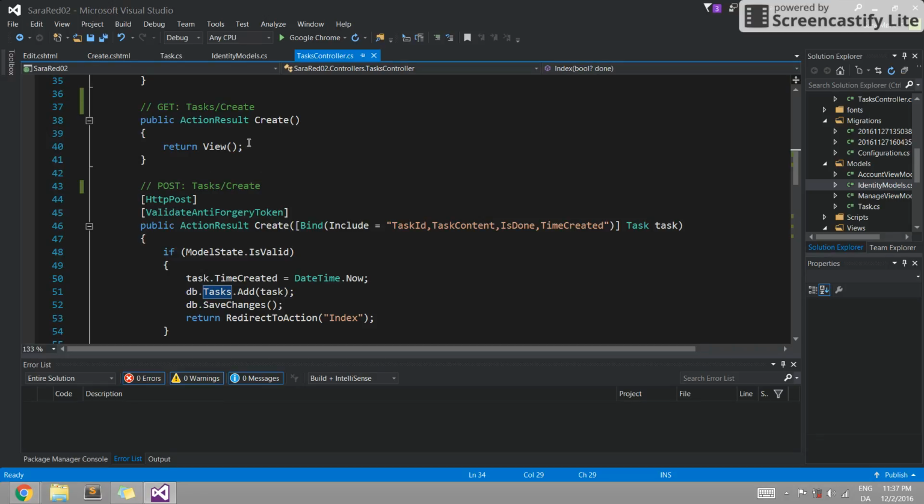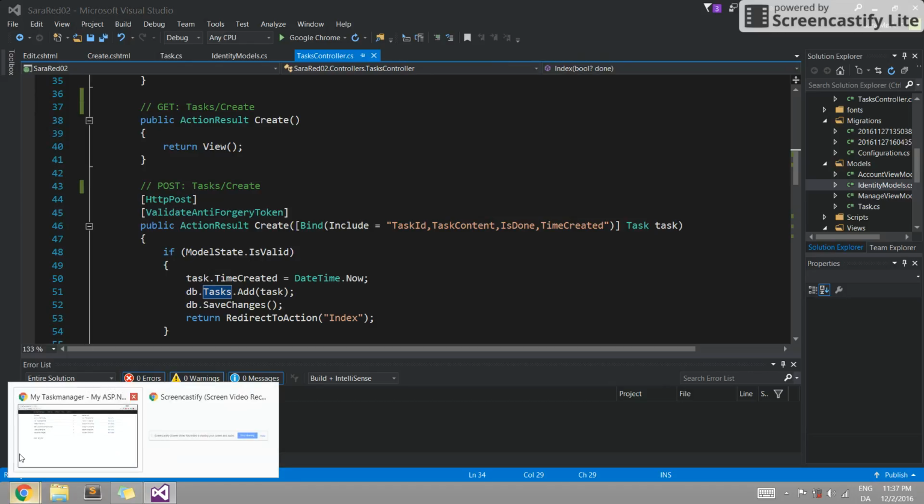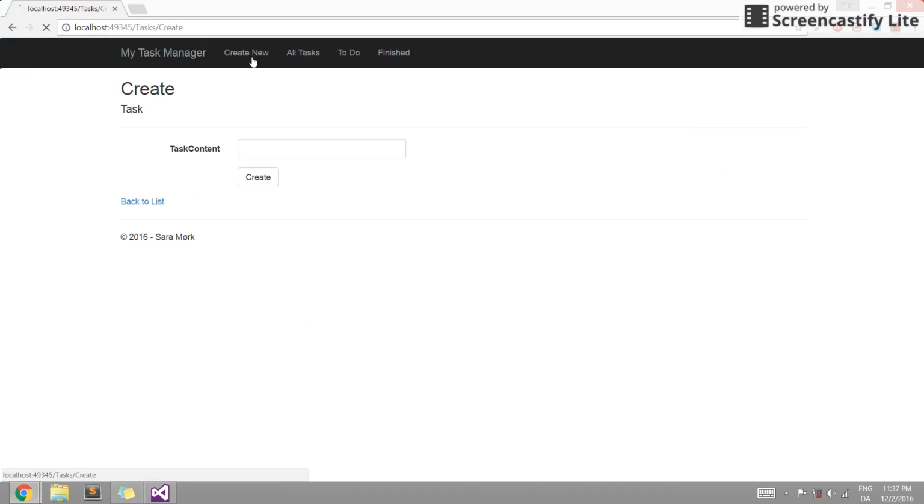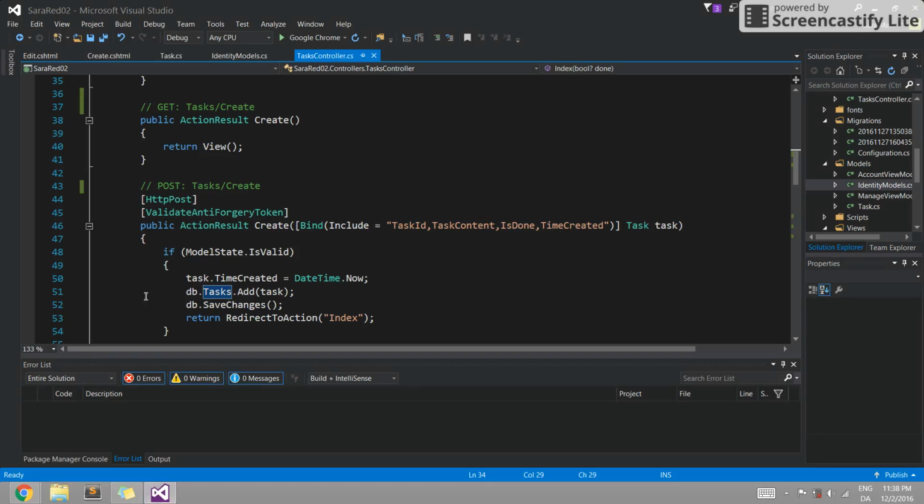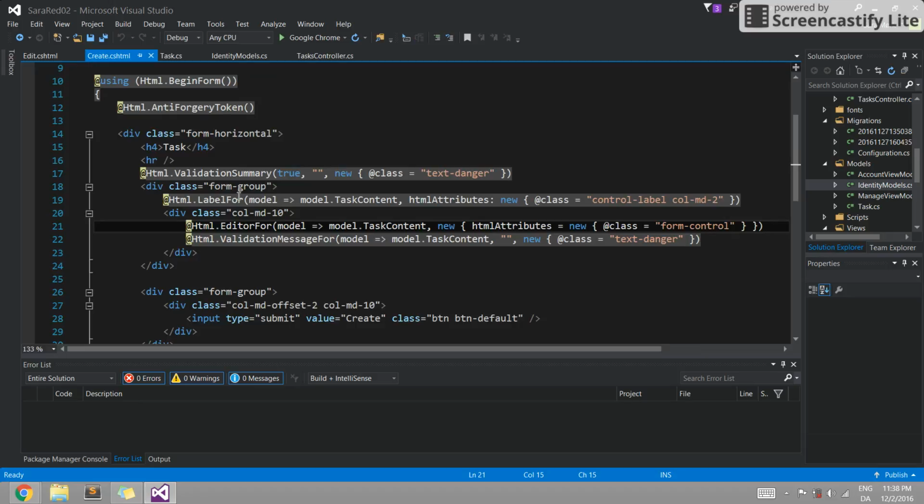Oh yeah, create. I can actually show you what the view looks like here. Create new. This is the view that you get. If you want to see here, then I basically just have a form here that will just take the task content